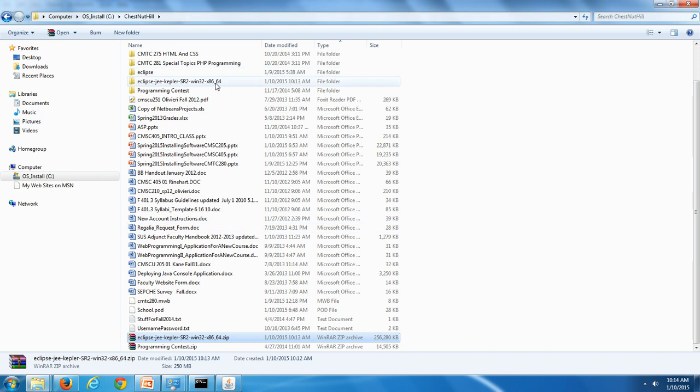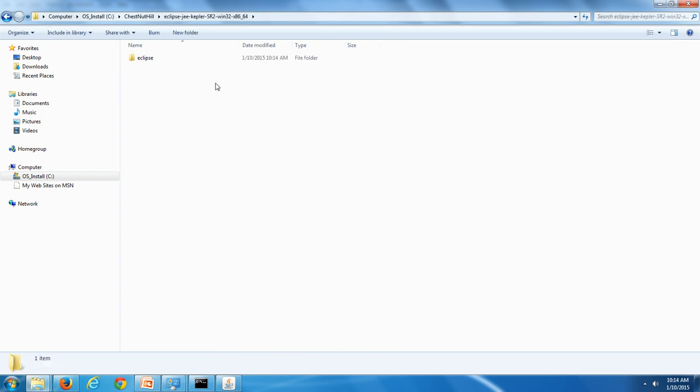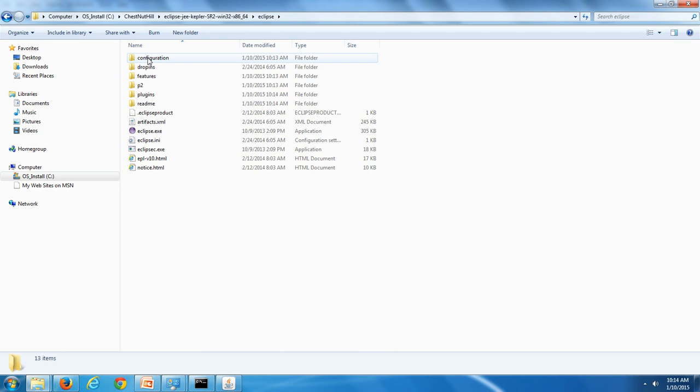Now I have a folder in the same directory called Eclipse-JEE-Kepler. Okay, I'm going to double click into that directory, and inside there's an Eclipse folder. I'm going to double click into that, and inside of this folder you can see we have an Eclipse.exe